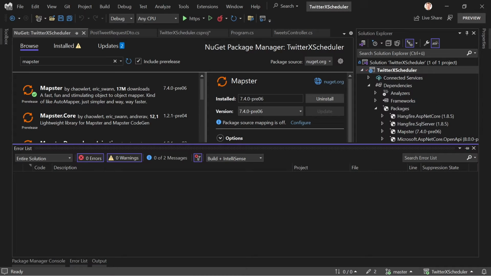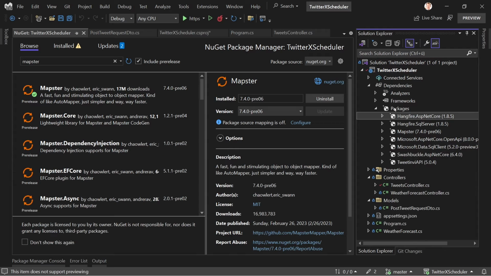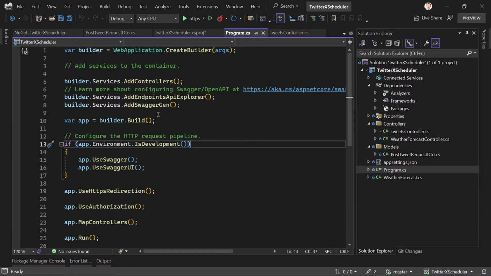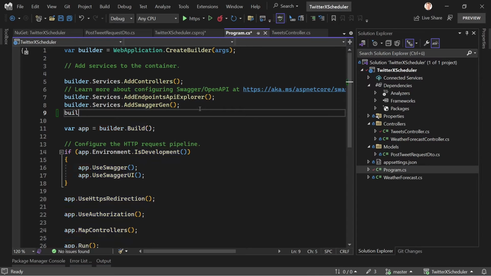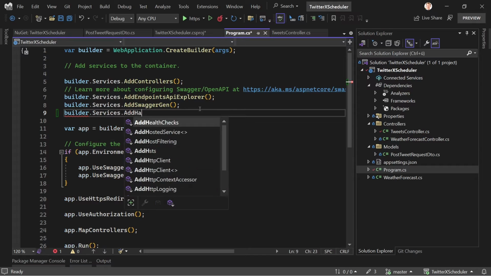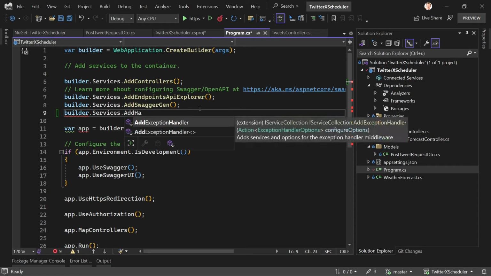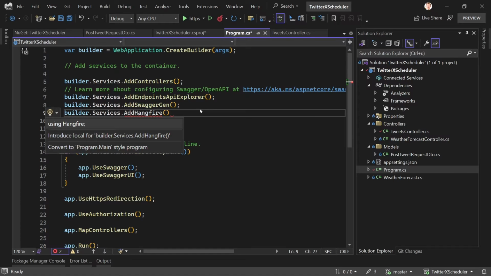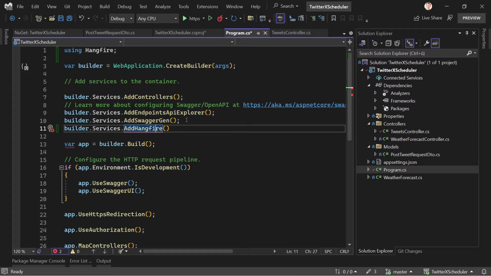So we've got our packages, we've got our database. Now we have to register Hangfire. So back to the Program.cs now. And in here, we say builder.Services, and then AddHangfire. Yeah, we need the using directive here actually. Hangfire it is, using Hangfire. This looks great. AddHangfire, and then here